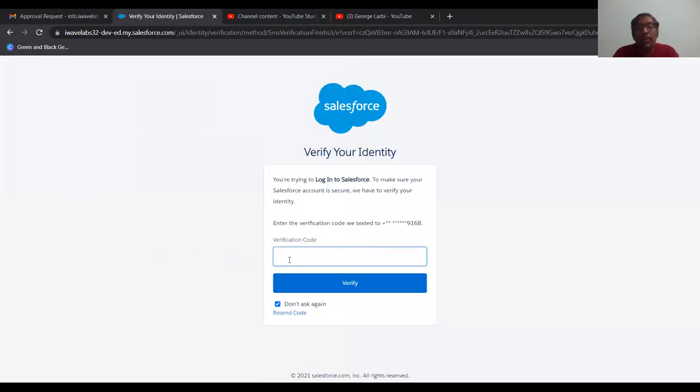It's asking me to enter my verification code. So the code is 59108. Okay, I click on verify.